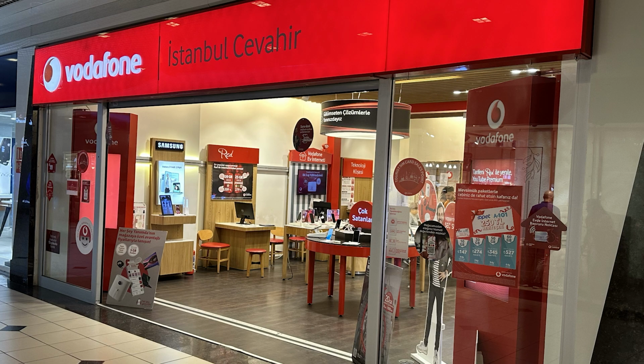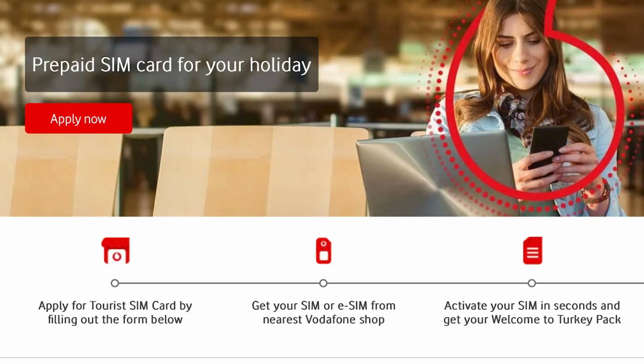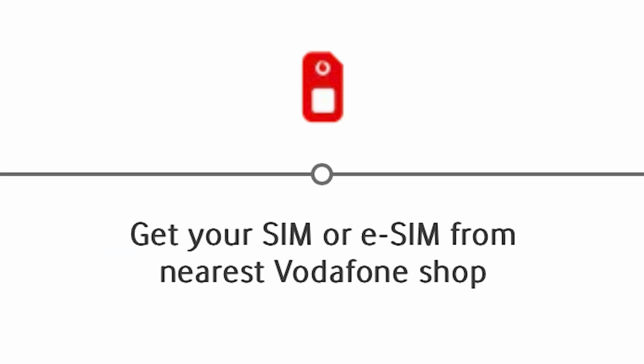Finally, let's have a look at Vodafone. I didn't go into the Vodafone shop as I had my UK Vodafone SIM with me, but it's likely to cost similar to the other networks here in Turkey. Vodafone Turkey also appears to be the only network in Turkey that offers an eSIM for tourists, which might be a bit more convenient. I can't give you any speed tests, unfortunately, for the Vodafone local SIM,